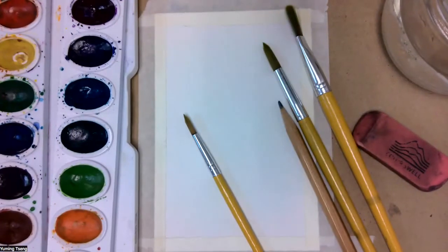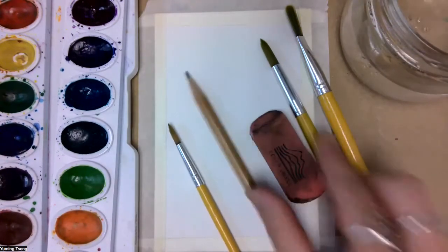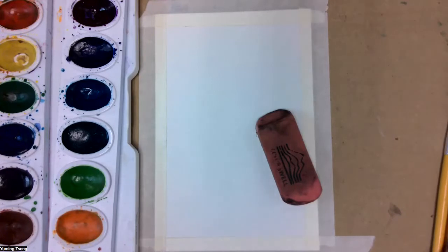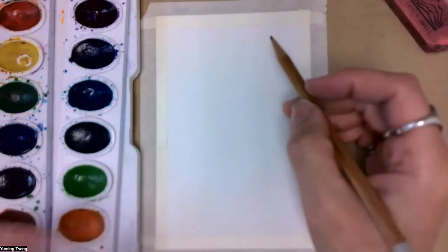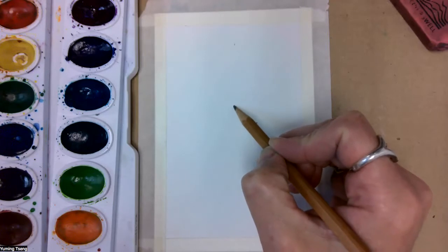Okay, you can see right here, we need the watercolor set, water, pencil, eraser, and brushes. All right, let's get started. So first one, let's draw a big heart. Very easy. All you need to do, start with two dots, one dot right here, one dot on the